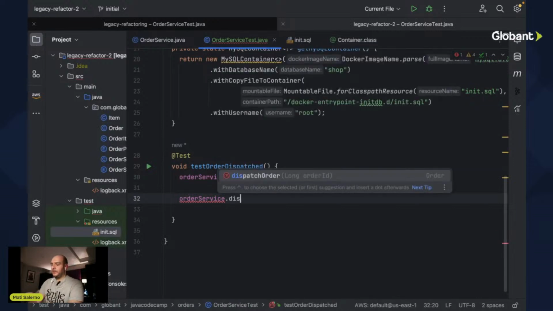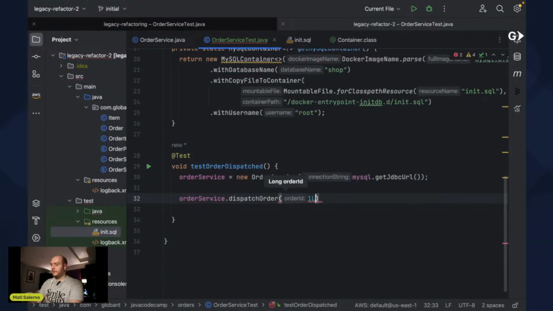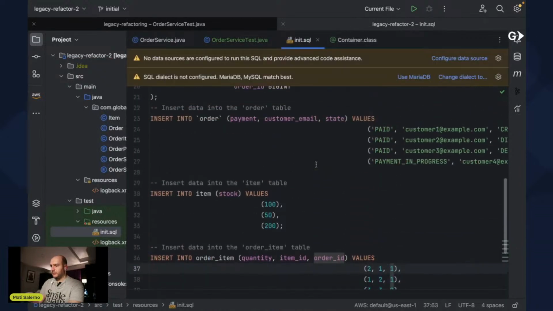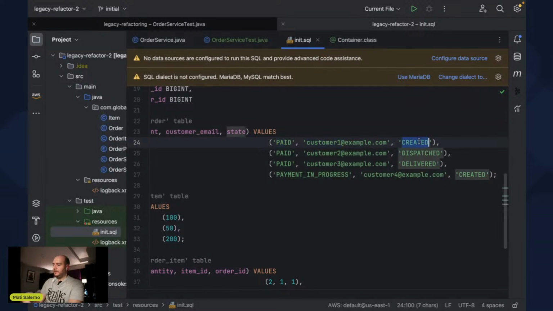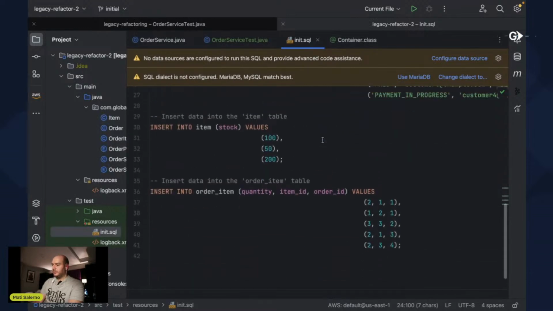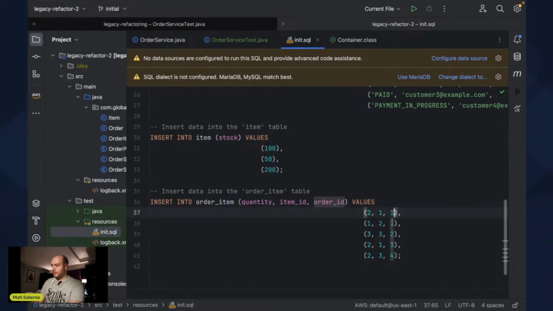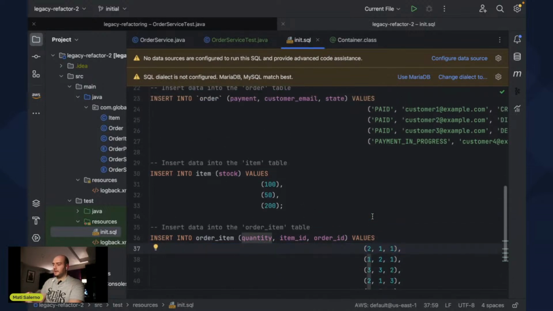So I can call dispatch order, and I could say, for example, order one. Let's take a look at order one. Order one should be this one, and we know the order is paid, is for customer one, and is in this created state. And also for order one, these two items belong to it. So we should be able to dispatch this because item one has 100 stock and we only need 2. In item 2, so we should be good to